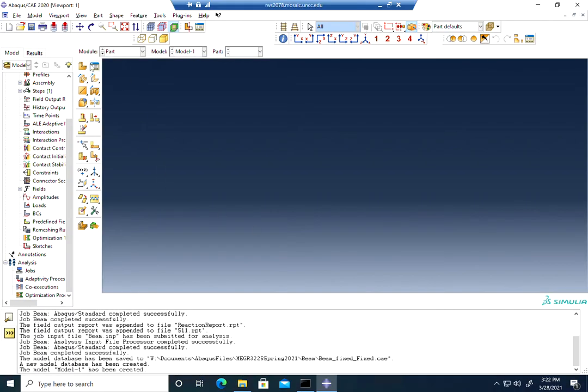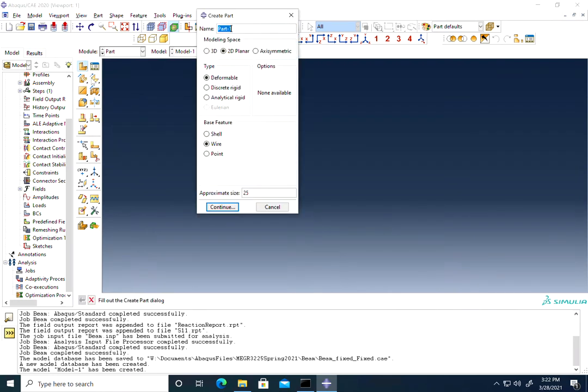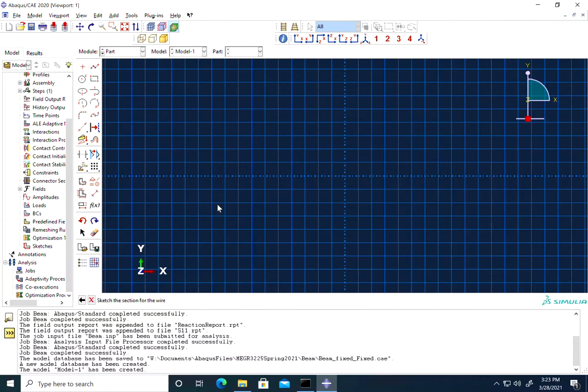The first thing we're going to do, we create the geometry of the beam. Click on create part. Select 2D planar deformable wire. As the approximate size, I'm going to use 25. I call the part and name beam. So continue and click on create lines, and I'm going to create an approximate sketch for the geometry, and then I fix